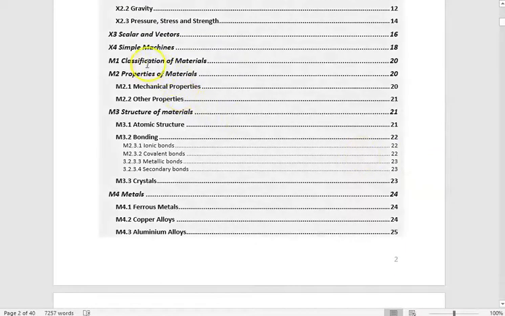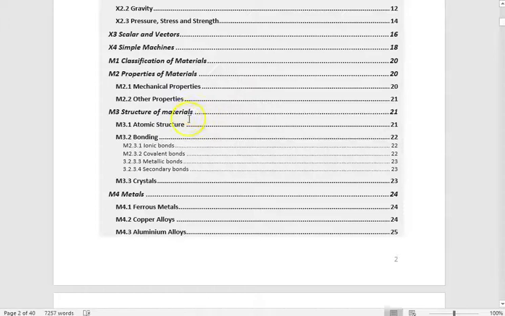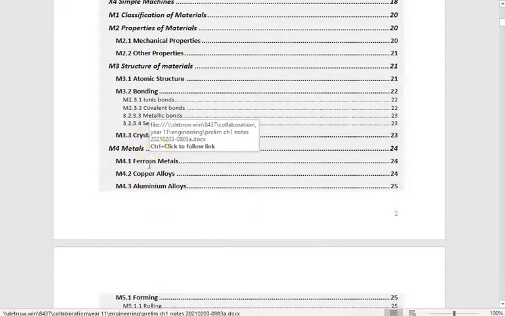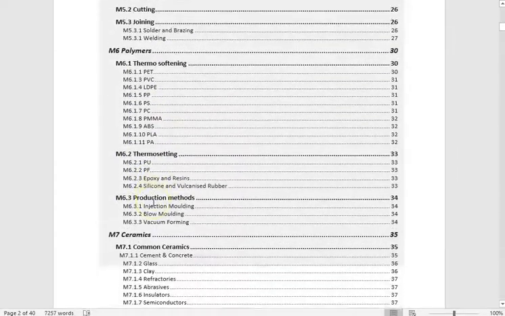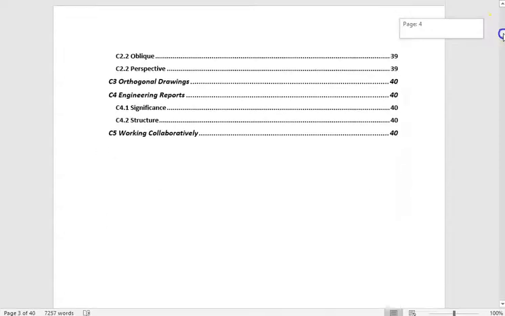So as an overview, if we just look at the notes, we're going to look at the classification of materials, we're going to look at material properties, we're going to look at the structure of materials, and then we're going to look at specific materials, the 4 classifications: metals, polymers, ceramics, and composites. I have covered some of this stuff in